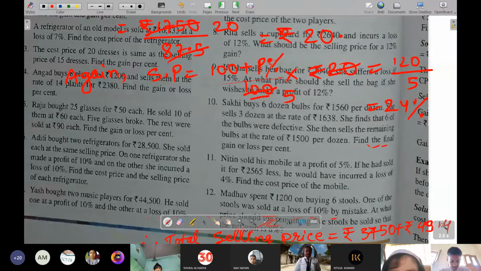Okay, so that is wrong. This is the only right one. SP only you have to find. So 24% only it will come. Is this clear? In decimal. Yes, sir.